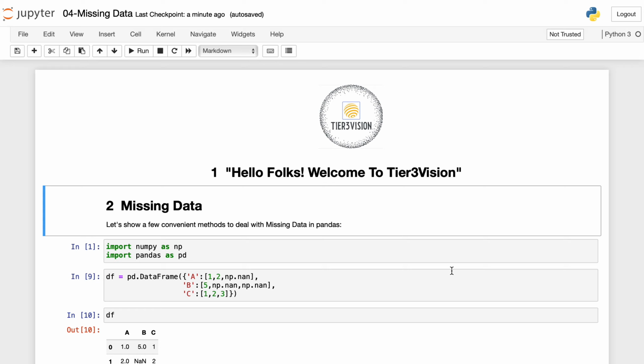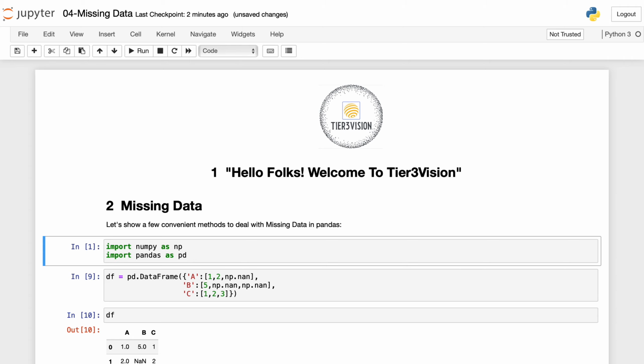As we know, the Pandas data frame is one of the most important concepts while analyzing any kind of data. Today we are going to study how we can deal with missing values in data, because generally no data set is perfect. We have raw data, we need to filter it, find the missing values, and deal with them. So today we will see how we can find missing values and how we can replace them.